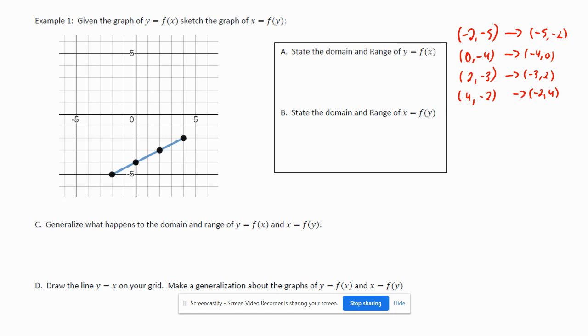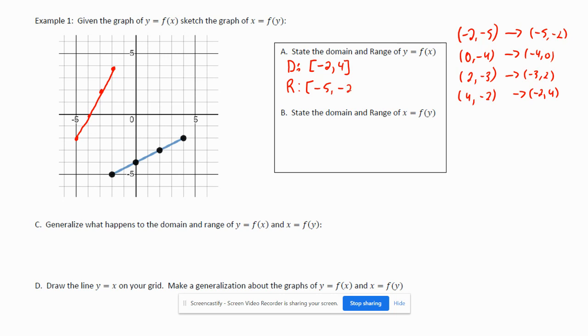Plotting these points, (-5, -2) is here, (-4, 0) is here, (-3, 2) is here, and (-2, 4) is here. So we're getting this graph here. For part A, state the domain and range of y = f(x). Looking at this blue graph, our domain goes from -2 to 4. Our range goes from